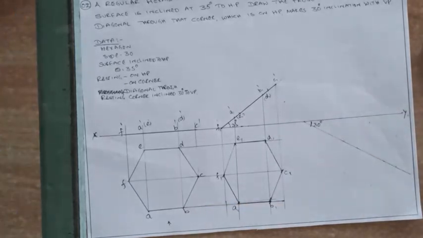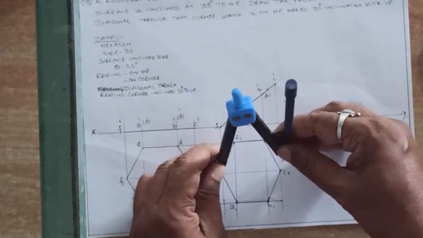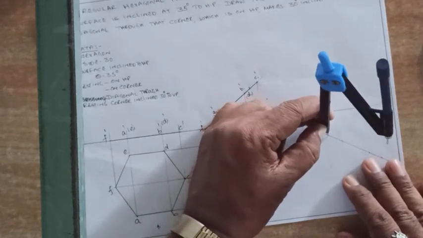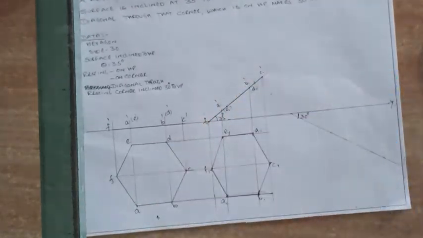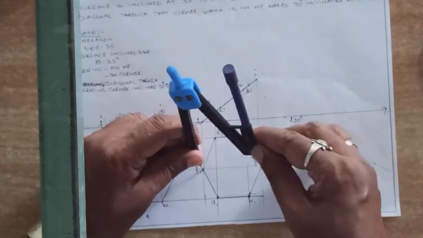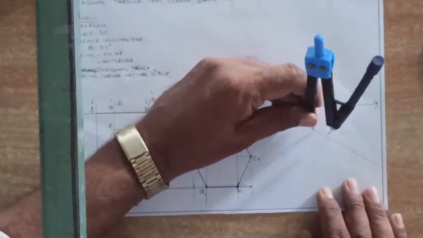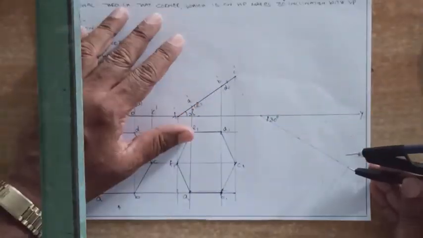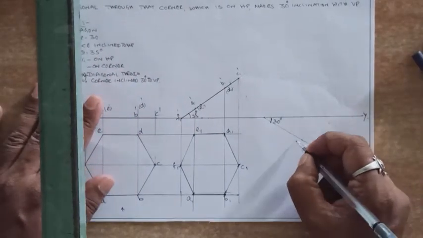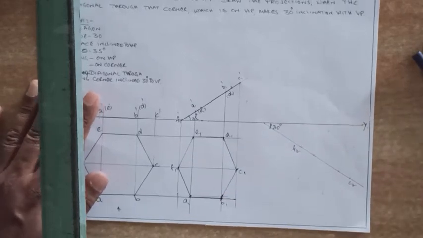Now the angle is 30 degrees. Using a compass you have to transfer this figure here. First take this figure, the diagonal F1 and C1. You can see here F1 and C1. So from here mark the distance. Then similarly take this line also. Here there is no marking, no numbers, just distance. So mark the point from here, and similarly from the other end point also mark the point. So now the points here are F2 and here it is C2, right?